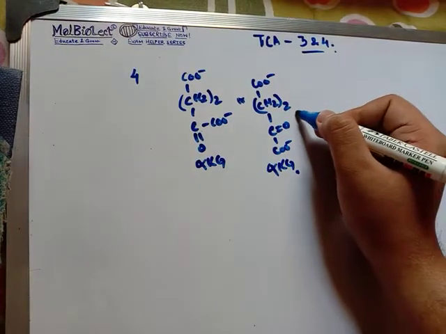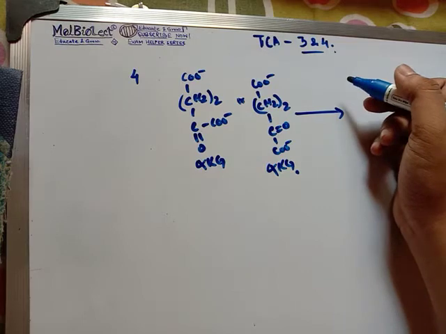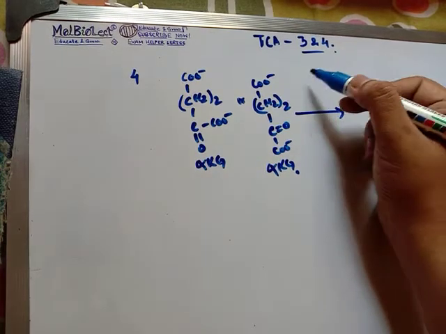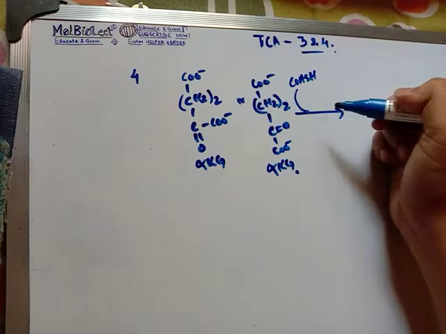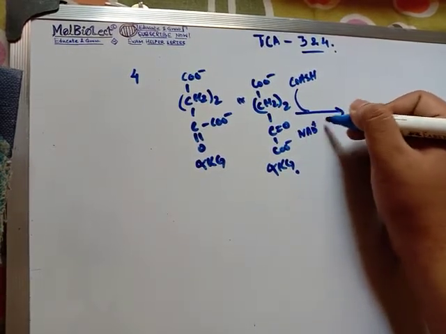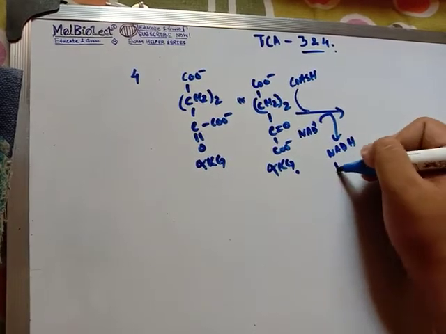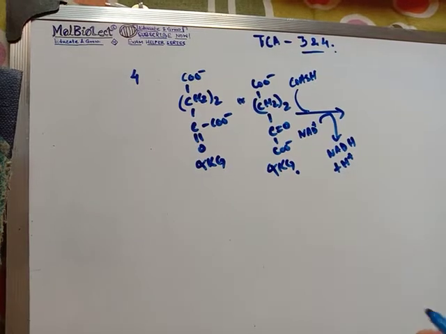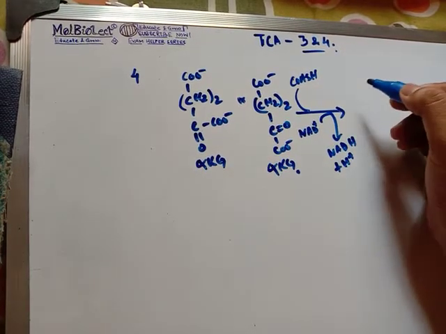So this will be converted to the next thing, that is succinyl CoA in step 4, and while doing this we again need a coenzyme A. So this coenzyme A is getting incorporated. In this step we also need an NAD plus, which gets converted to NADH and H plus, and all this NADH and H plus in glycolysis as well as in TCA cycle is going for the ETC, electron transport chain.